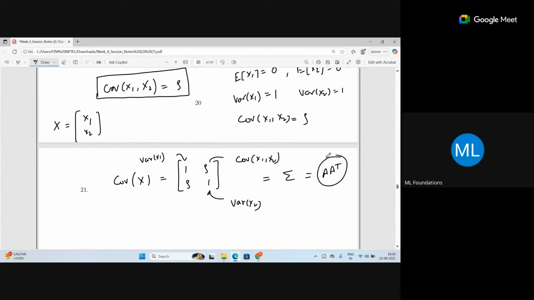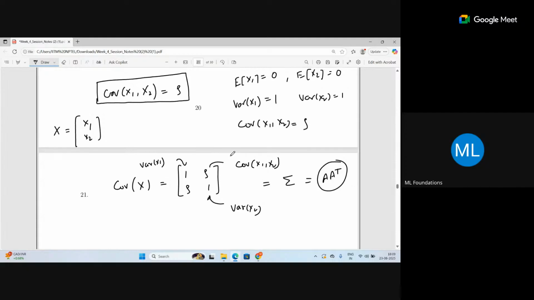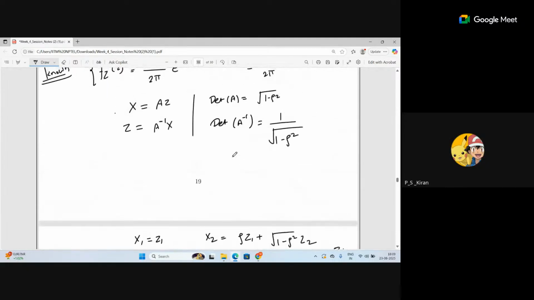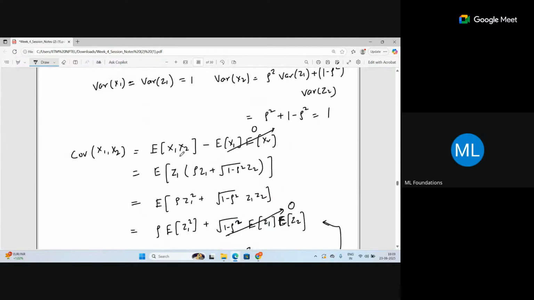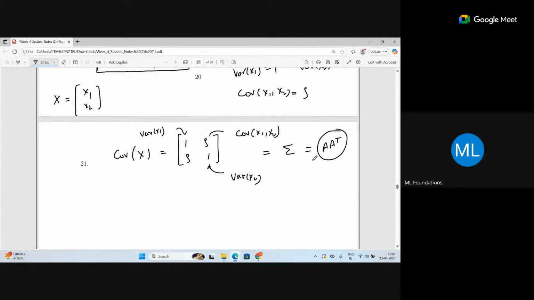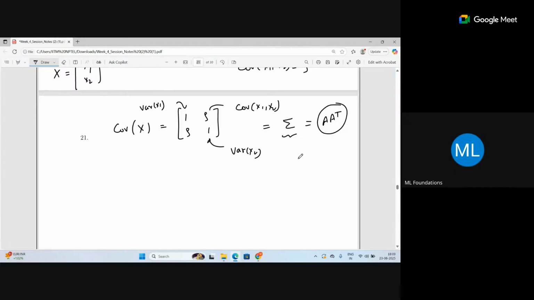What is the A matrix here? Coefficient matrix. Yeah, this matrix, right? We initially started with this matrix. So the covariance matrix which we have found out here is actually equal to this matrix A A transpose. You can easily show that, and that will be equal to this covariance matrix. Let us say this covariance matrix of X is denoted by sigma, because that's how Sir has denoted it. So let's say this is sigma, right?